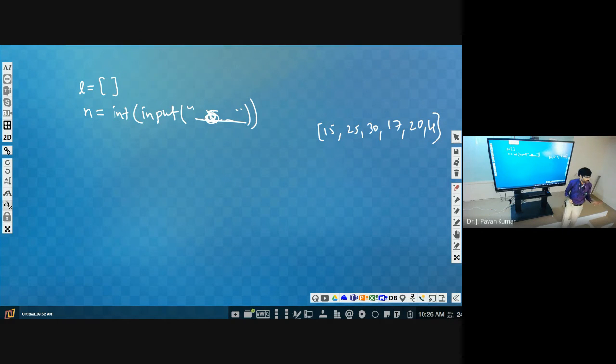Now one value I will be giving, that I am saying as key. Now you say 17 is the key. Whether the key is present in this list or not, how can you say? That is the problem.